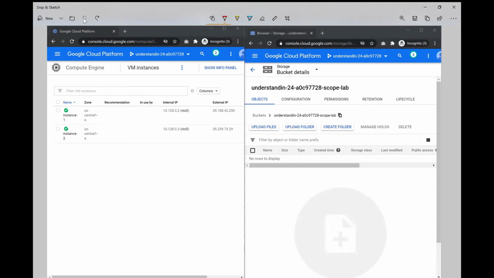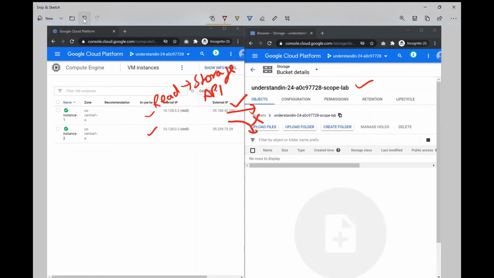In this lab, we'll be understanding service accounts and scopes on Google Compute Engine. Basically, we'll be having one storage here and we'll be having two instances. What we'll do is we'll give this instance only read access to storage API. That means if this instance 1 is trying to read this bucket, it will be able to do so. But when it will be trying to write into this bucket, it will be having the error.